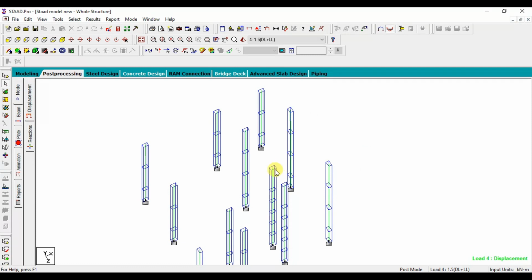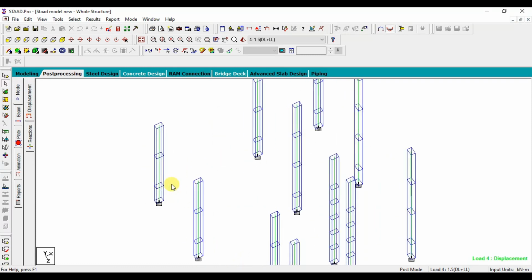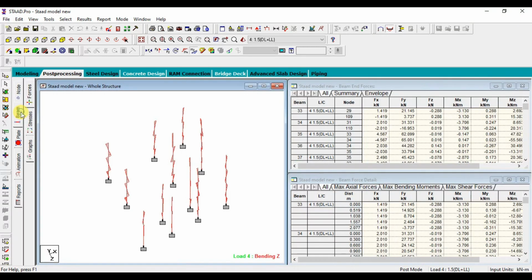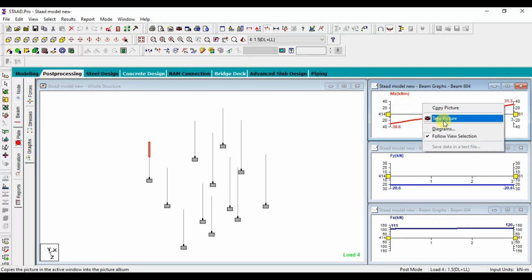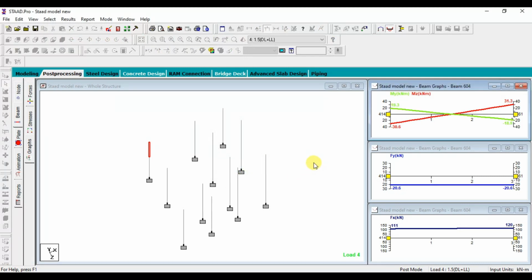So we have the columns here. Let's consider this column and take out the details, the moment and load we need for designing the column. So go to beam graph. Select this one, and this window will appear. Here we need to take both directions, bending YY and bending ZZ.